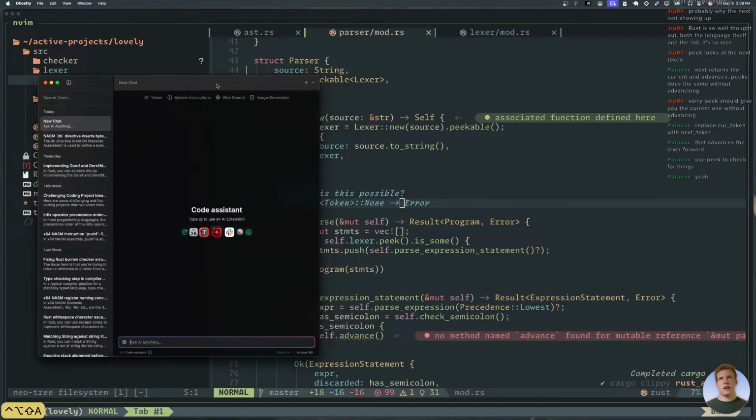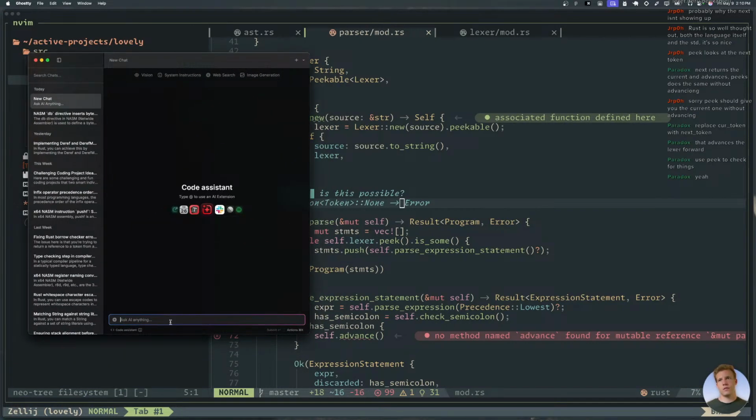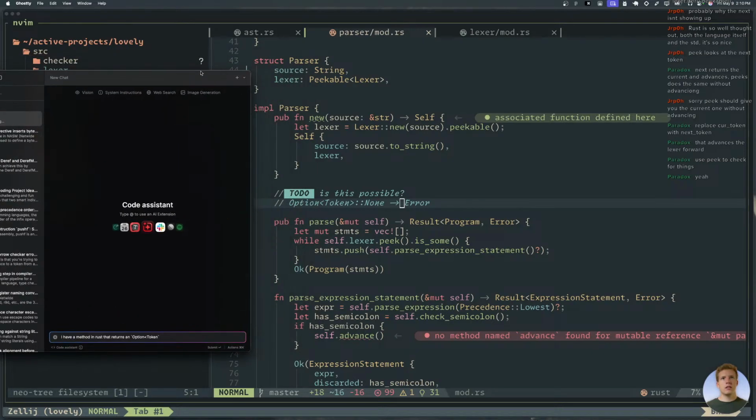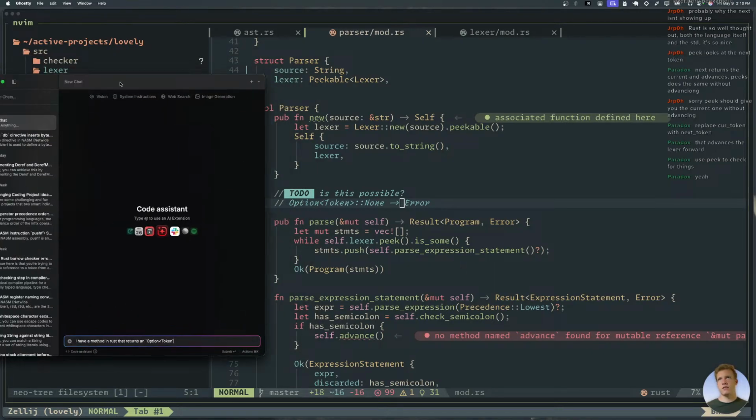I'm going to ask the AI overlords. I have a method in Rust that returns an option token. If you can't advance, then no use of while loop and peek in it. No, because this guy right here, the parse expression statement, is going to be advancing it. It does advance.